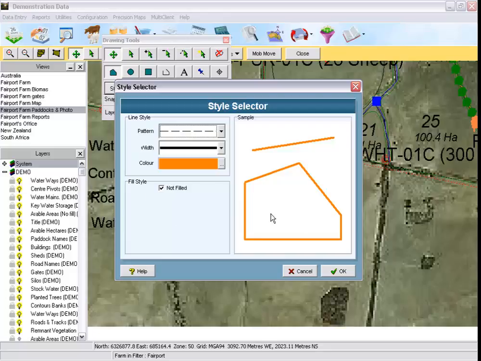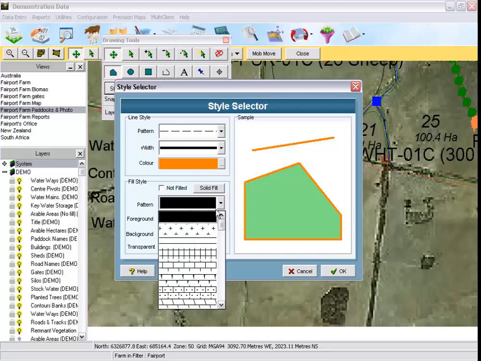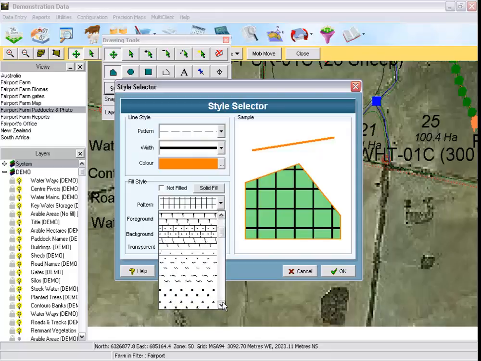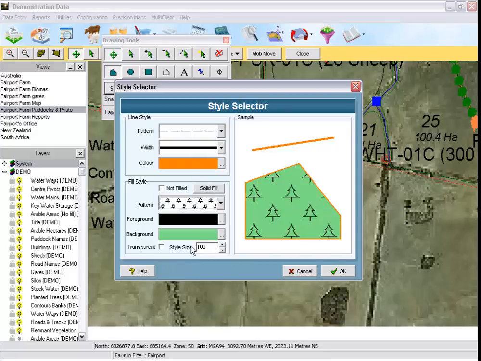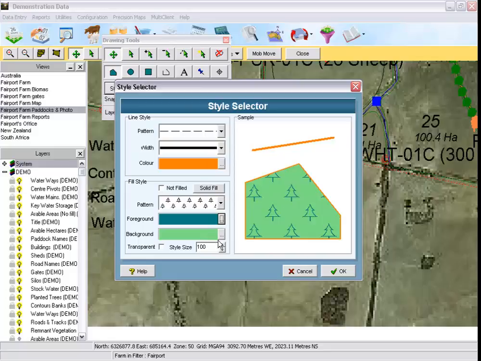You can have the polygon not filled, or you can have just a solid fill. You can have a pattern. There's a large number of patterns available. You can choose a foreground colour and a background